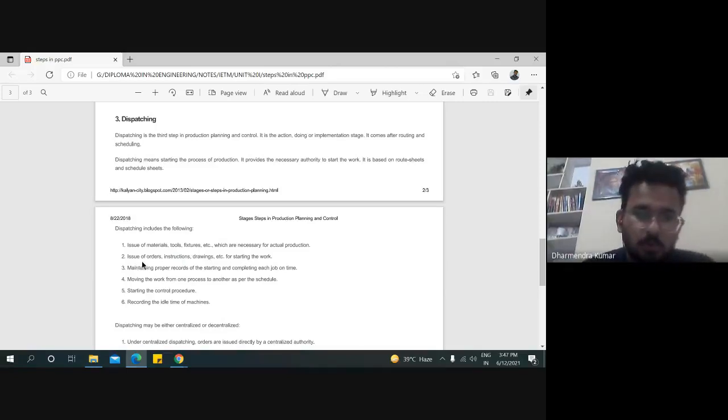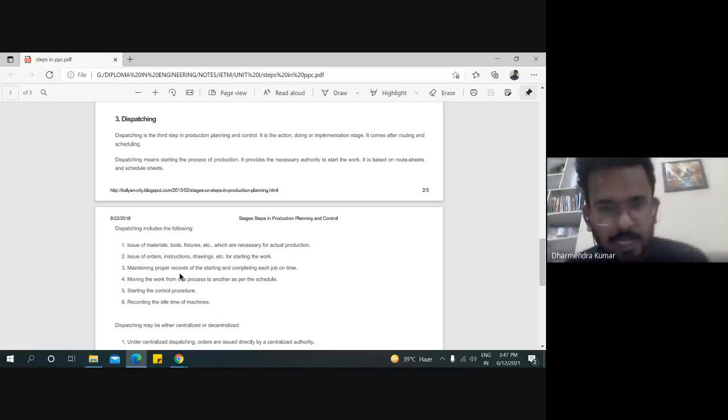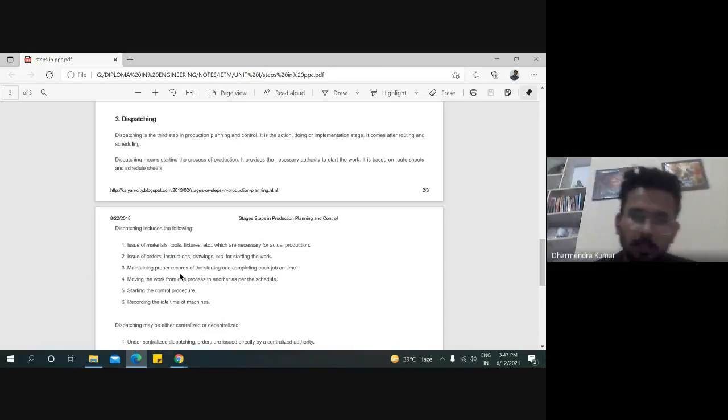The second point is issue of orders, instructions, and drawings for starting of work. The third point is maintaining proper records of the starting and completing of each job on time. Here, maintaining proper records of starting and completing each job on time is important because it is the feedback of the scheduling step.